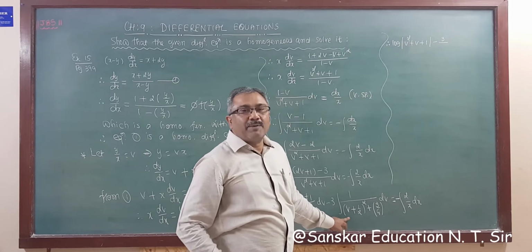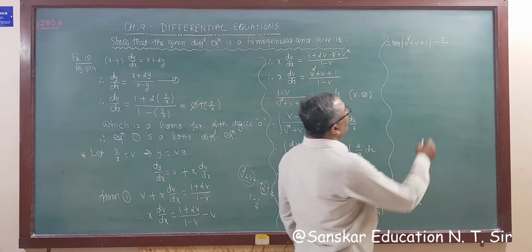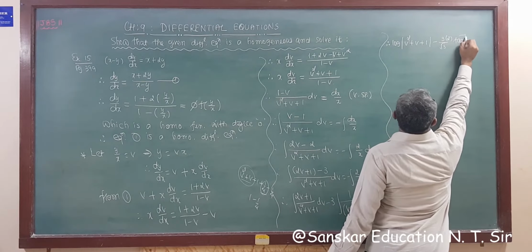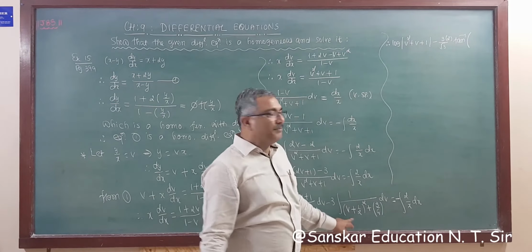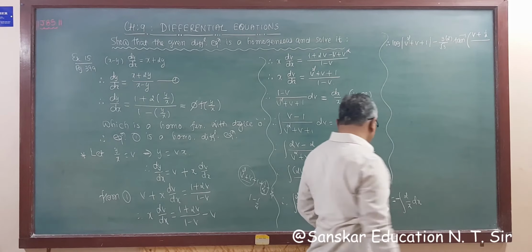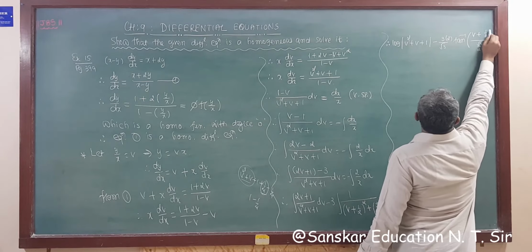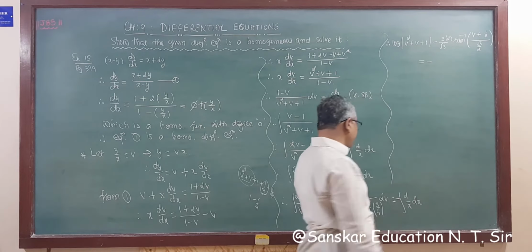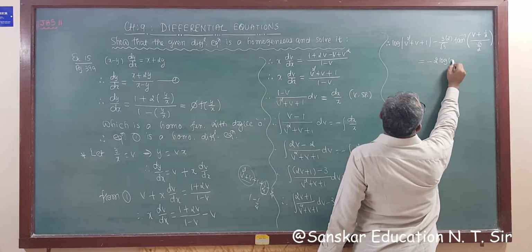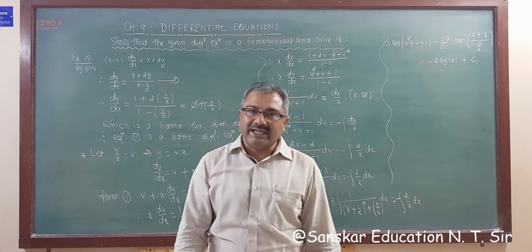And answer of this is 1 upon a, tan inverse x by a. So 1 upon a means root 3 by 2, right? So this is root 3 by 2 and tan inverse x. X is what? V plus 1 upon 2. So this is v plus 1 upon 2 upon a, which is root 3 by 2. So this is root 3 by 2, is equal to minus 2 log mod x plus c. Instead of c, I am writing c1 or c dash, whatever you like, you have to write.